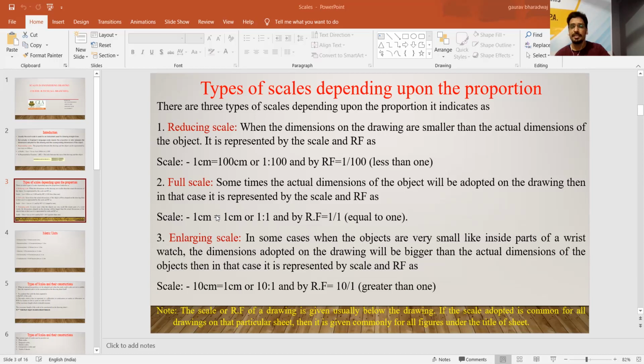Next, the enlarging scale. Enlarging means the object is very, very small. You cannot draw it on your drawing sheet, so you have to select an enlarging scale in that case so that it can be easily drawn on the drawing sheet. For example, the scale is 10 centimeter is equal to 1 centimeter. For example,